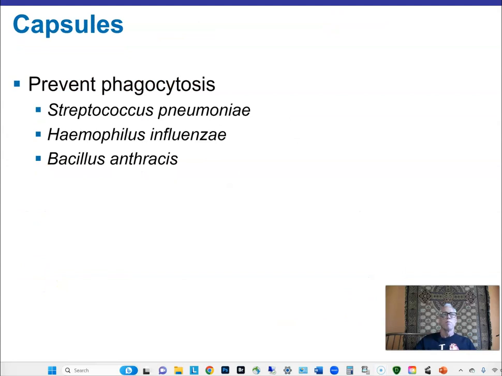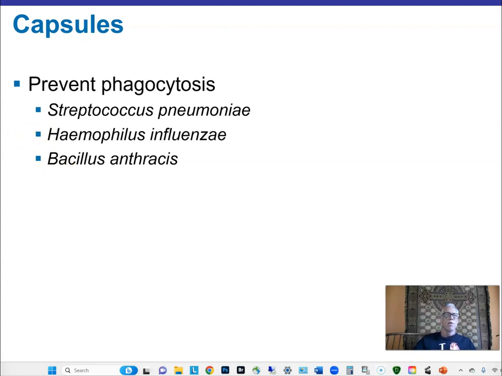Some microorganisms produce capsules, and capsules oftentimes allow bacteria to escape phagocytosis, so they can't be as readily killed by the immune system. We already talked about Streptococcus pneumoniae. You take away the gene that allows them to make the capsule, they're harmless, whereas with the capsule they can cause life-threatening pneumonia, and that was the way that